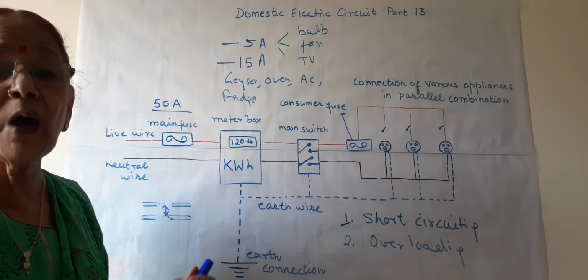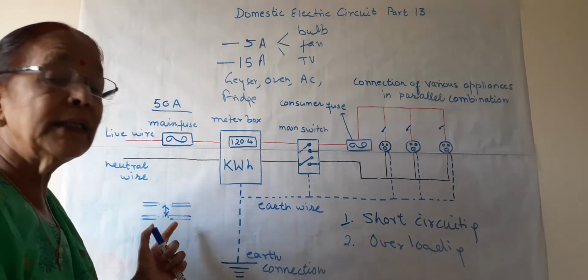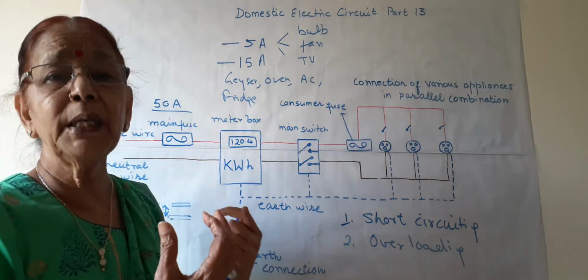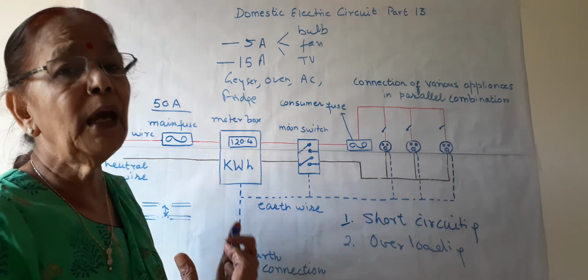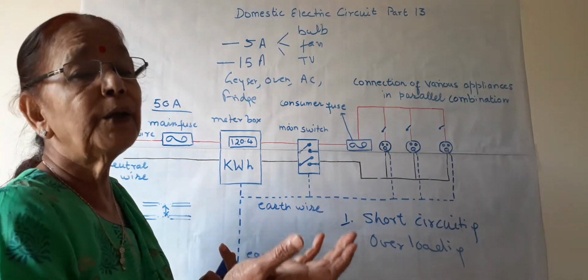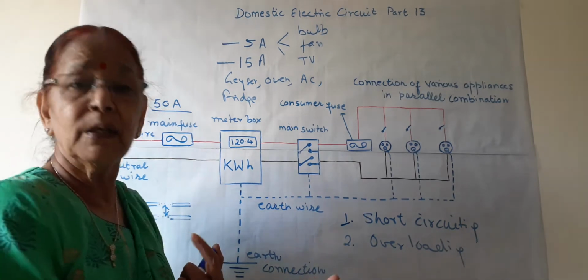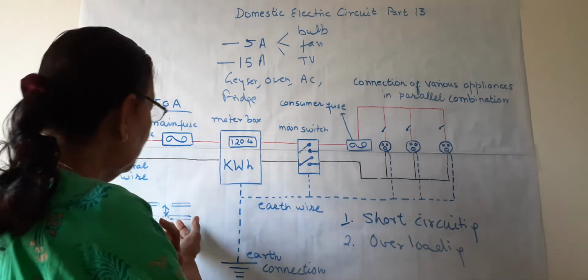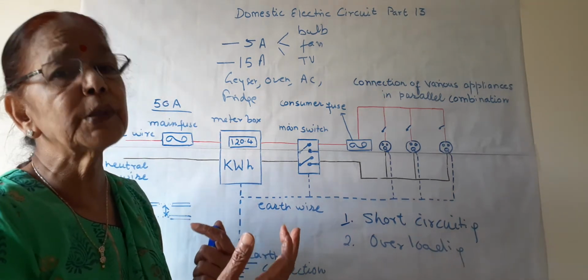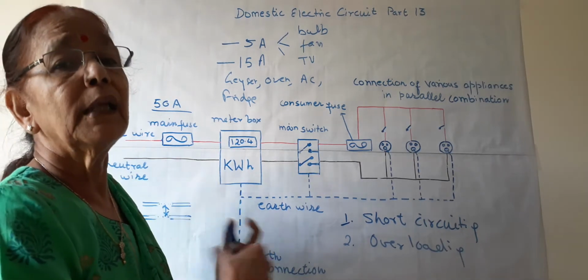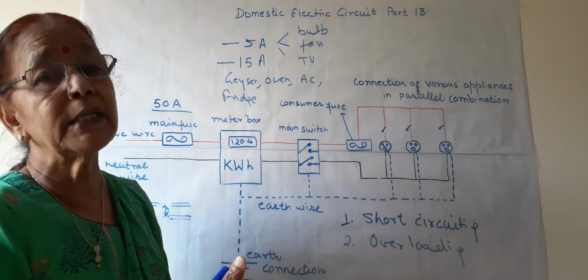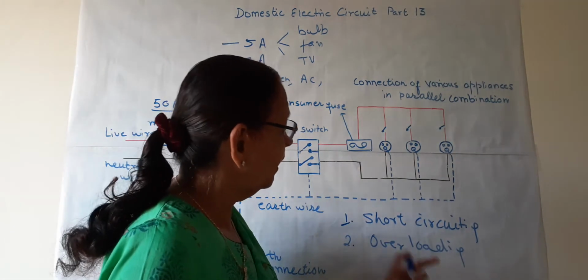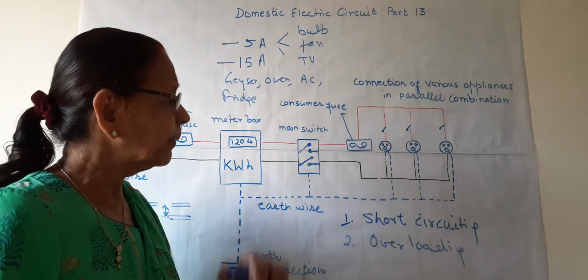The potential difference now becomes 0 and the current flows through this short circuit. Then what happens? Much more current is now coming in these wires. A heavy current is coming, and due to this heavy current, the temperature rises in the wires due to Joule's heating effect. So more current is coming, more heat is produced, and due to this more heat, the temperature rises and there is always a danger of fire. So this is short circuit, and overloading is somewhat different from the short circuit.